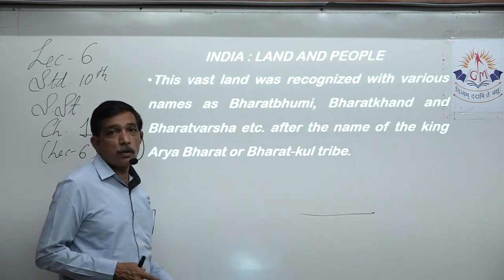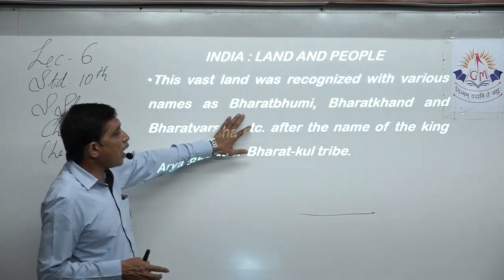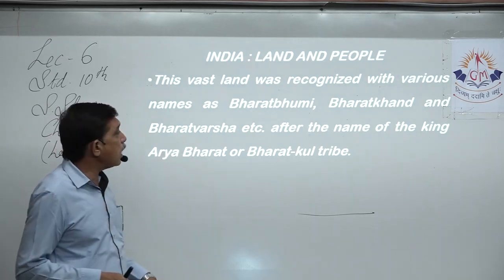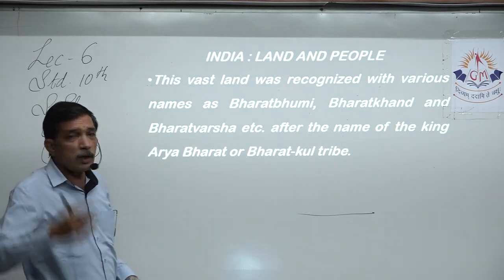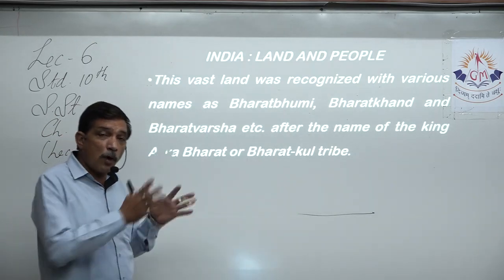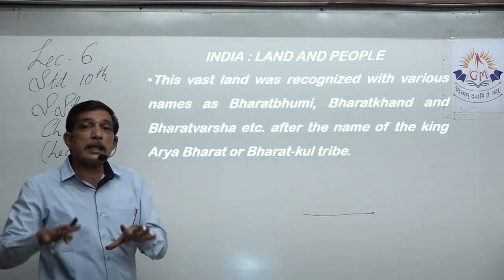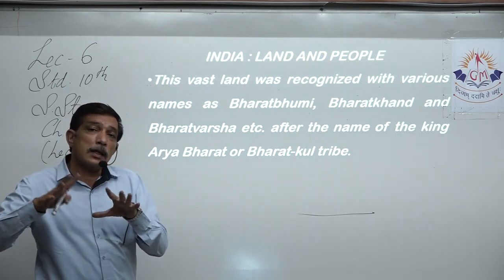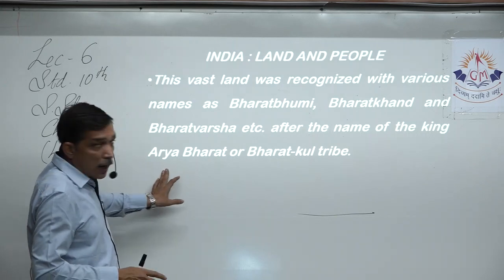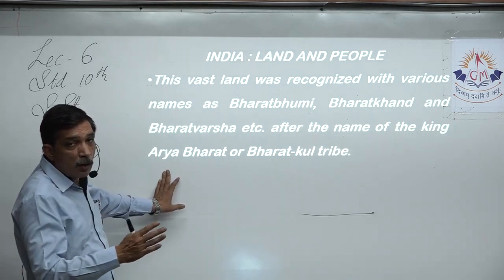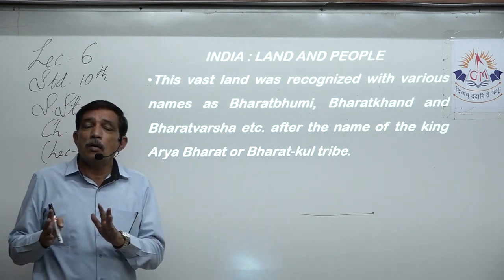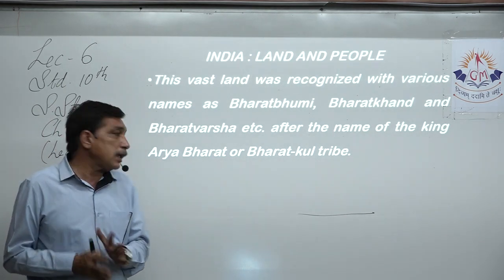The whole of that was known by different names. First one is Bharat Bhumi, second is Bharat Khand, third is Bharat Varsha, etc. There are lots of names that we have learnt earlier also, after the name of the king. Now from a tribe, they settled and started having kings and queens and kingdoms. Then the whole of the tribe came to be known after one of the most influential kings of that time,